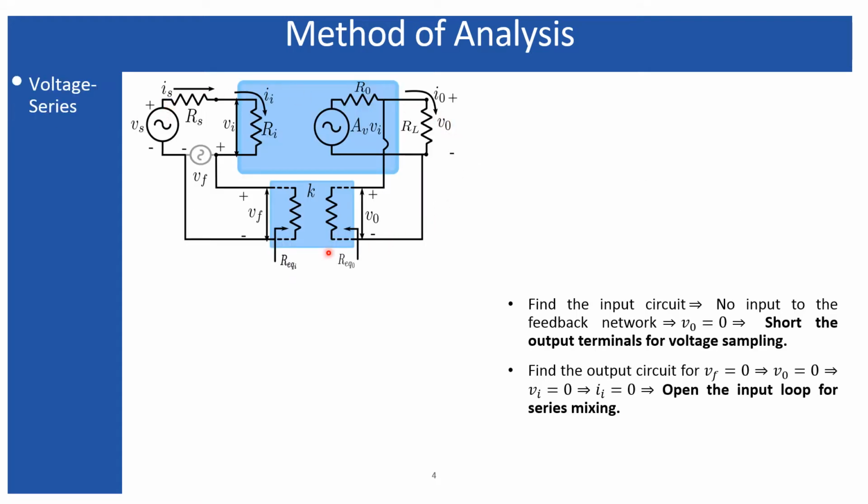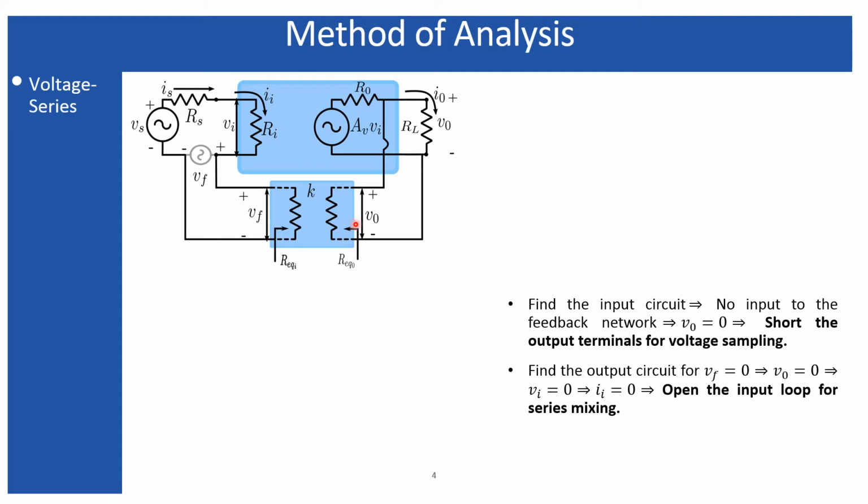This is the circuit which I have represented earlier also, to represent the feedback network for a voltage series amplifier, and this is the basic model for the voltage series amplifier, and you are much more familiar with such a model. Now, when you are looking into the feedback network from the input side of the base amplifier, this is the input side of the base amplifier, and this is the output side of the base amplifier. But the output side of the base amplifier is basically the input side of the feedback network. So I am referring to this as the input side with respect to the feedback network.